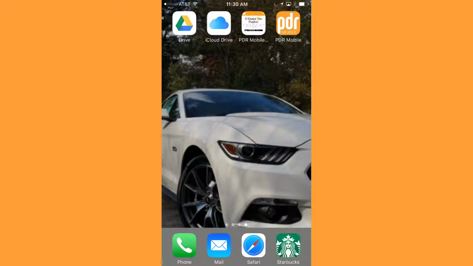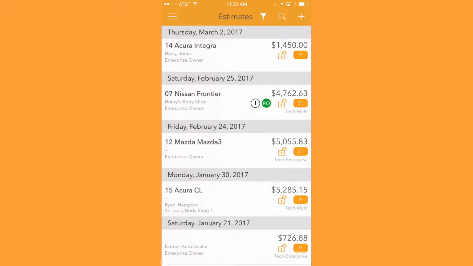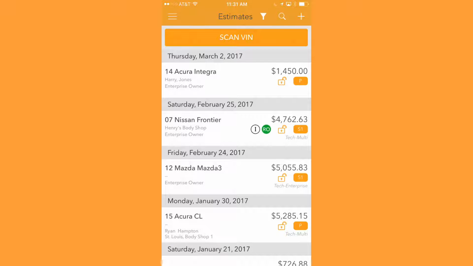So I'm going to walk you through what that looks like. What you're seeing right now is my phone. I'm going to do this all on my phone, just so you know that you can simply do it that way. First, I'm going to go into PDR Mobile. And what you're looking at is the estimate list page right here. So just to show you, I'm in estimates. Currently, my last estimate is this 14 Acura. So what I need to do is go back to